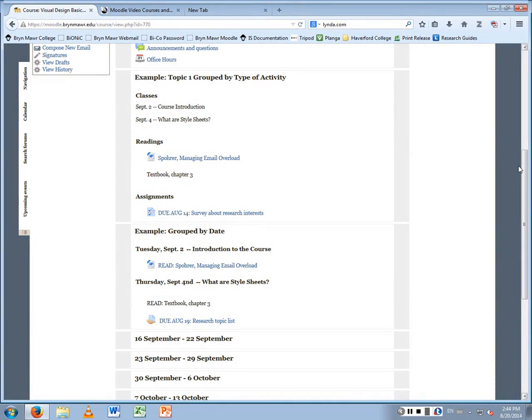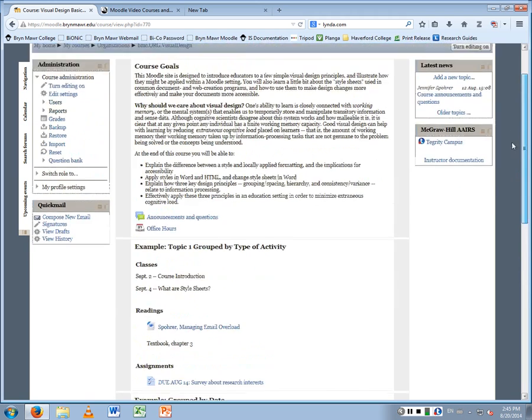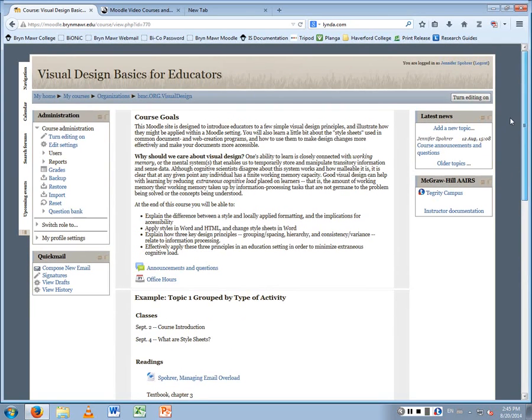So here's an example of how I might do my blocks if I wanted to group them by type of activity. I might have lectures: here are the lectures for this topic. Here are the readings. Here are the assignments. Or I might want to do everything by date. So I might have Tuesday, September 2nd, and then here are the readings for that. Here's the lecture for the day. Here's the assignment or something like that. And the way that you do that is